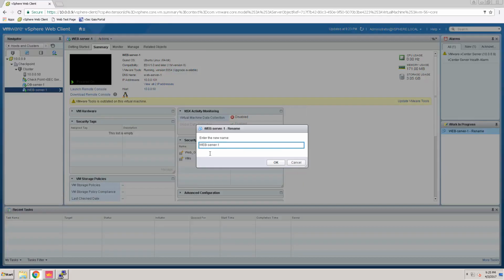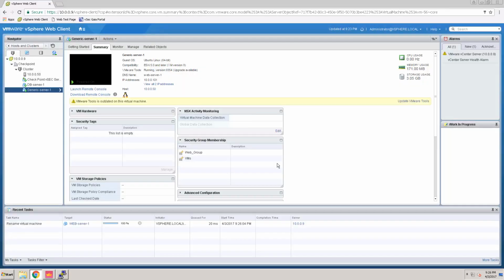In the name field, change the name from Web Server 1 to Generic Server 1 and click OK. In about 30 seconds, NSX will update the vsec gateway about the change. From the summary page of the changed server, open the remote console and run the connectivity test in SQL query